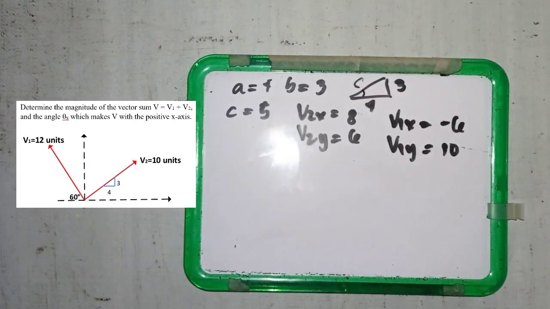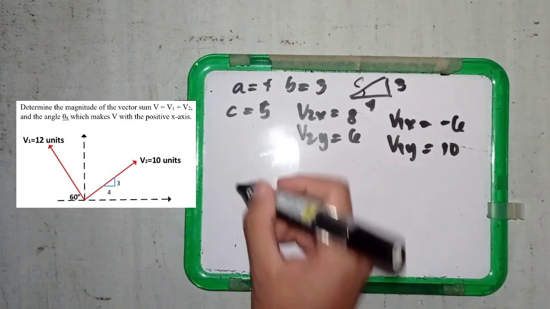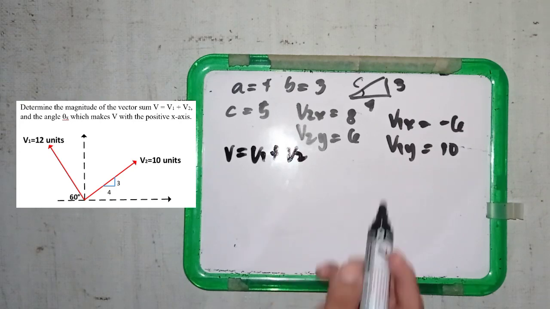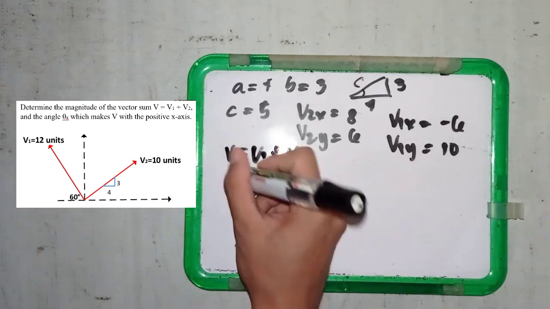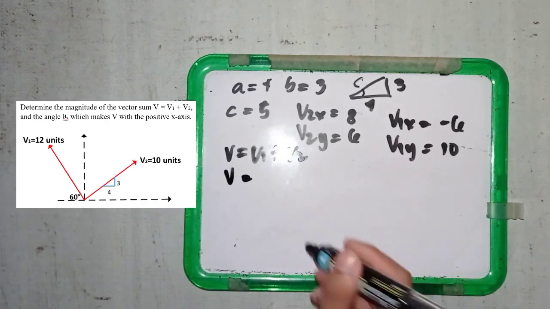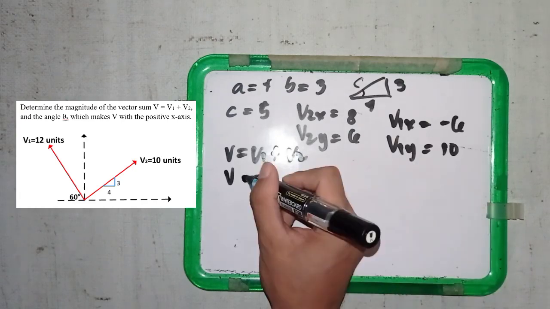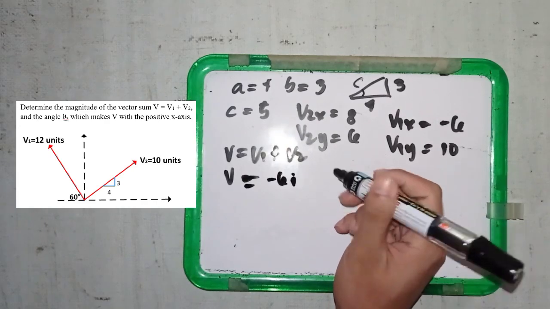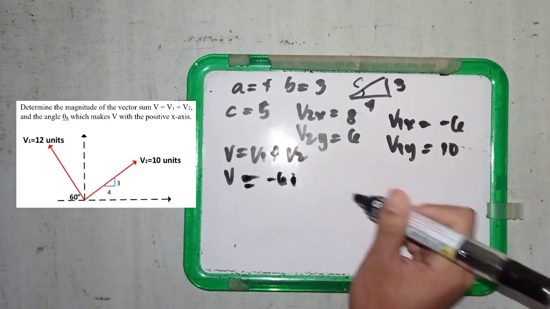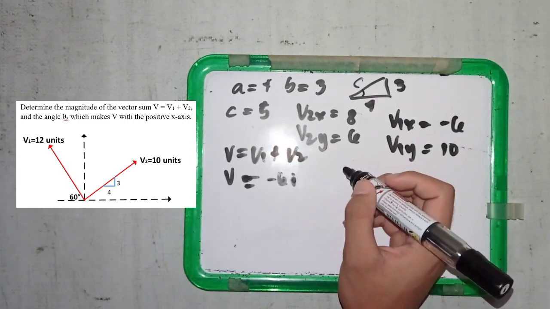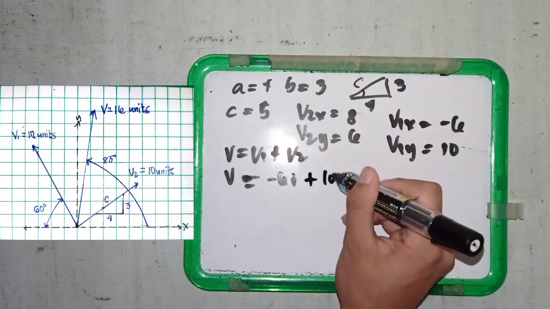Next, we need to find the vector sum with the given formula v is equal to v1 plus v2. So now we have the components of vector 1 and vector 2, so what we are going to do is add them. Since for vector 1 we have the x and y components, we can substitute its values. So negative 6 i hat. For this video, we are going to use i for the x axis and j for the y axis, plus 10 units j,